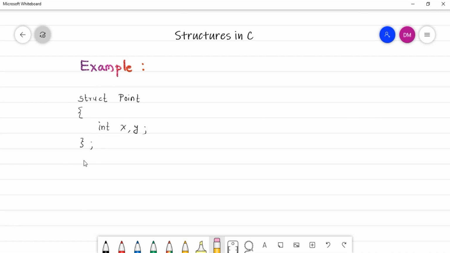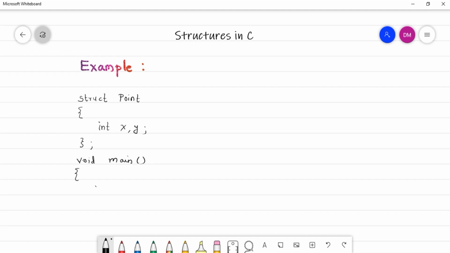Since we are not going to include any user defined function, I'll directly start with the main program. So void main. We are going to calculate the distance between 2 points, so I need 2 point variables of type point.